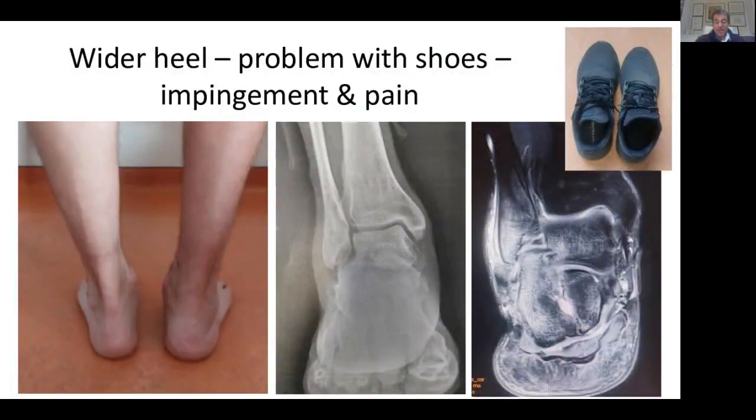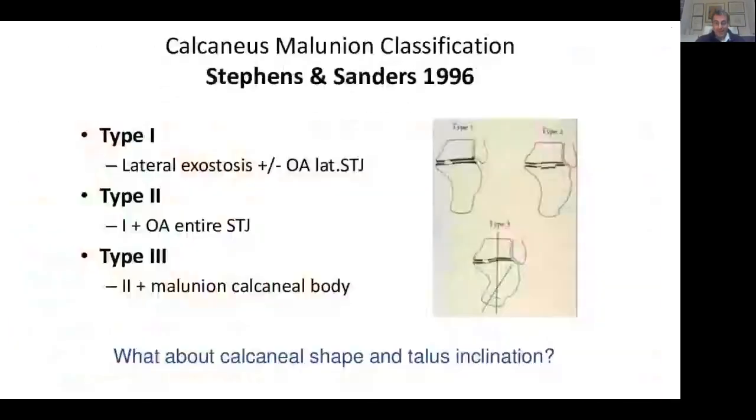And as I come back to that picture, the typical patient with a calcaneal fracture malunion has a wide heel on one side, a swollen leg, is painful, unstable a lot of the time, and says there is something clicking on the outside, with symptoms associated with impingement and pain.